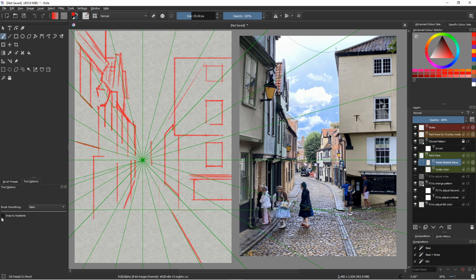So I think it's important that you are aware when you should have your grid switched on and when you should just switch it off. But I'm still using the guidelines. They're still helping. They are a visual reference for me to make sure I've got everything nice in perspective. And these lines is pretty much where my